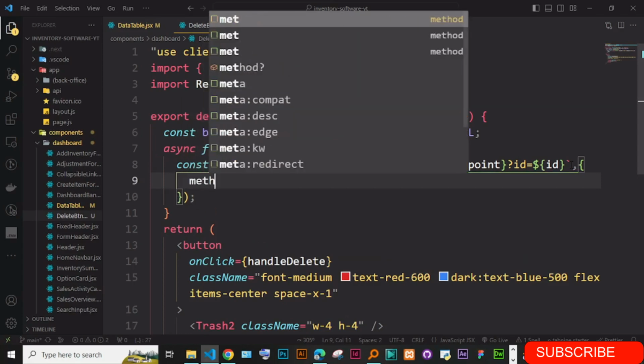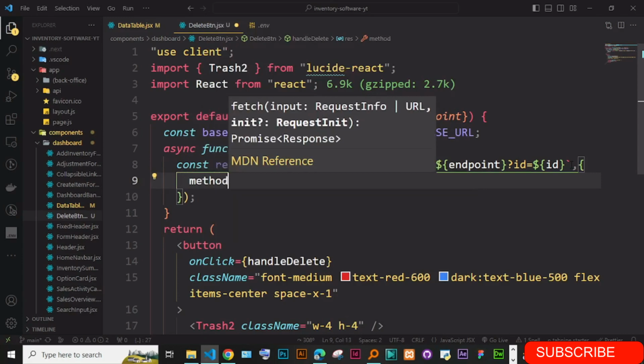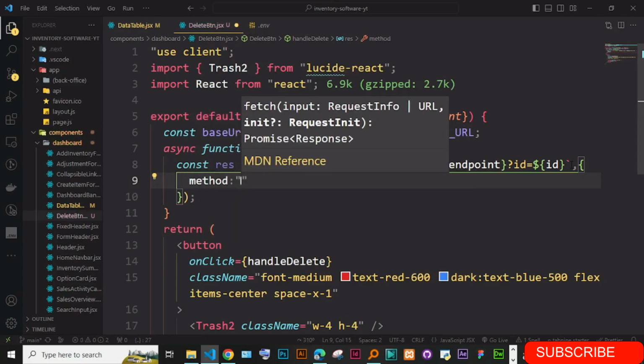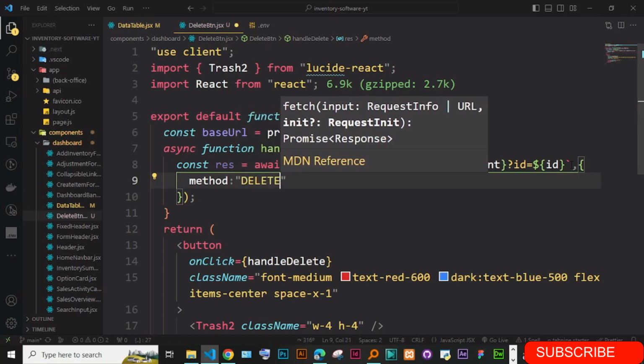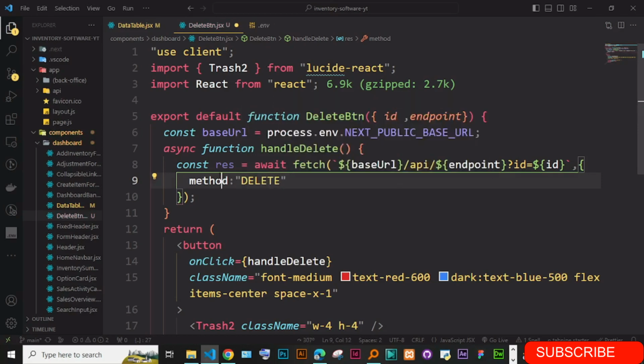Method, the most important thing here is the method, and the method is DELETE. Here we don't send any data or anything, we only send the method DELETE, as simple as that. But of course, before we make this